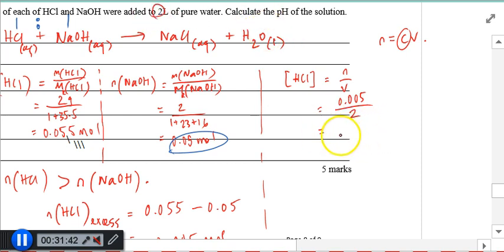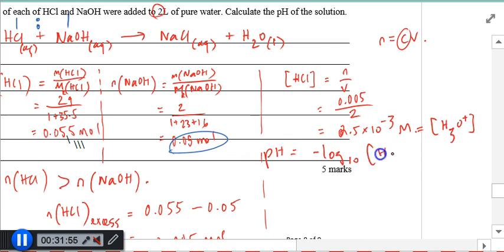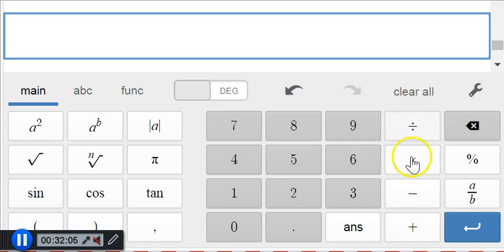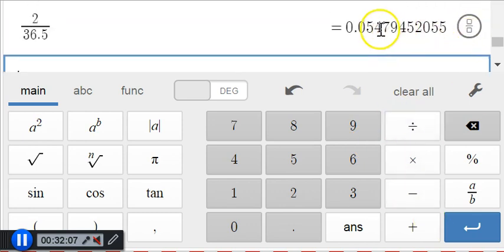And that gives us 2.5 times 10 to the negative 3 molar. And that's the concentration of hydronium ions. And finally, we're left with pH, negative log 10 of H3O plus equals, yeah. So let's just, I'm going to plug all those through on the calculator. So basically, take this